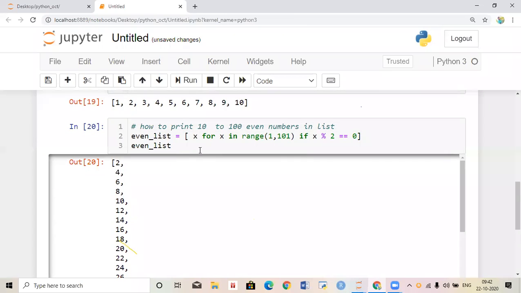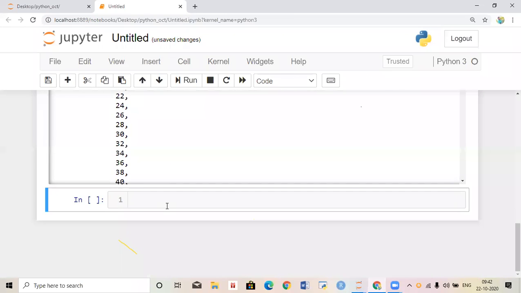This is one. Now I want to print squares of every number. 1 to 10, every square value I want to print. Suppose first 1, square value 1, that's why 1 I want to print. Next 2, square 4. 3 square 9. 4 square 16. I want to print squares of every number. Okay, how to find that? Please respond. Anyone want? No.